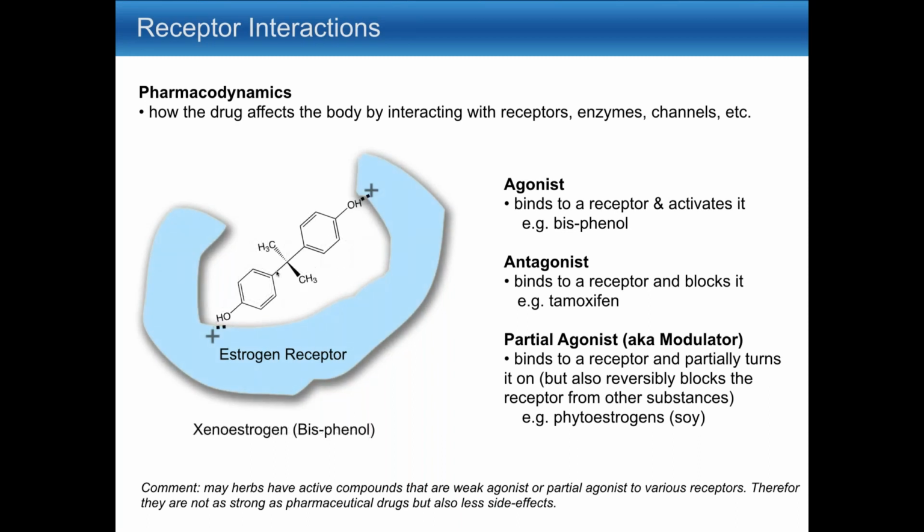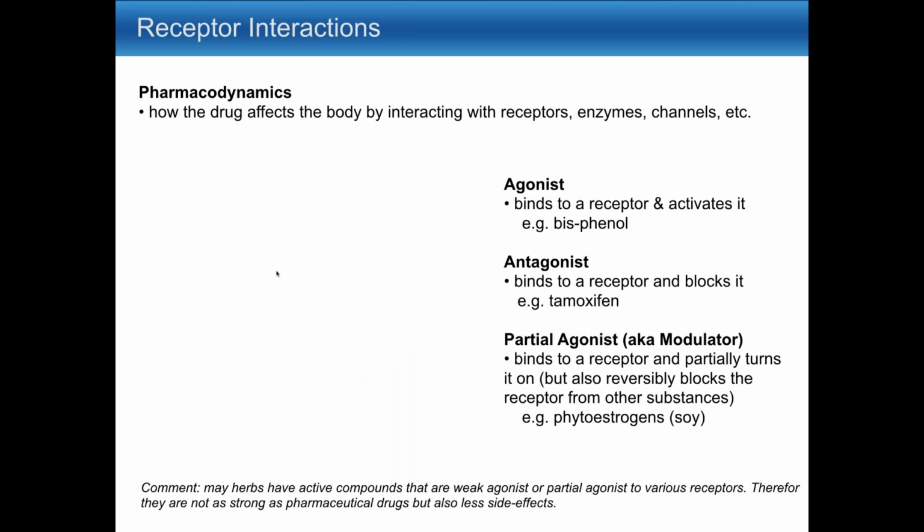Now, if you look at this xenoestrogen, this is bisphenol. This fits in perfectly into this estrogen receptor. So those little positive signs interact with the OH sign on the structure. So even though they structurally look very different, in three-dimensional space, the hydroxyl groups on these phenolic groups come in contact with those little positively charged amino acids that are there and tell that receptor to do something, okay? So again,